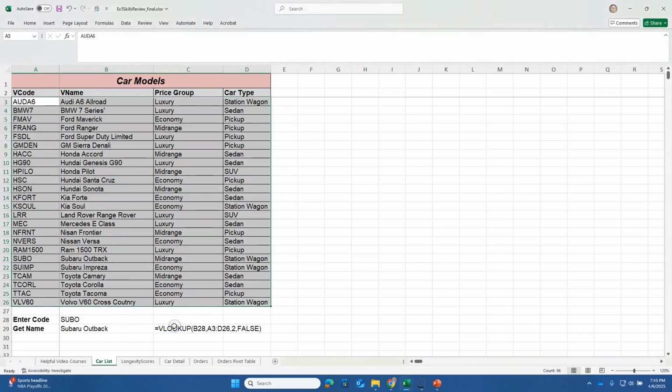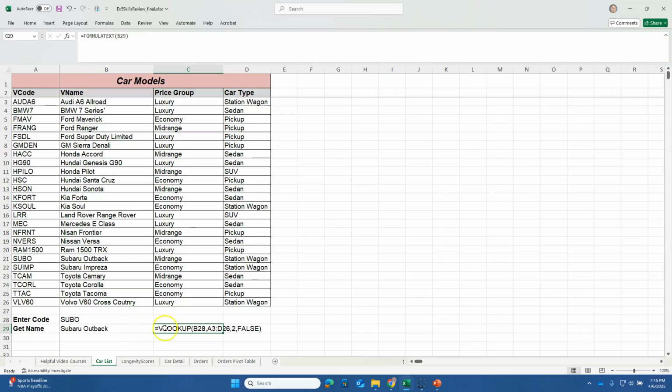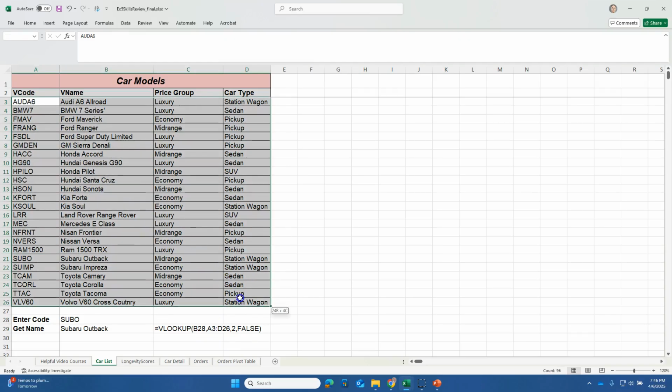VLOOKUP formulas have 4 parts. The first part is the lookup value, what you're searching for. In this case, in cell B28, we have the vehicle code, SUBO. The second component is the table array, where we're looking to find that lookup value. So that table data itself is from A3